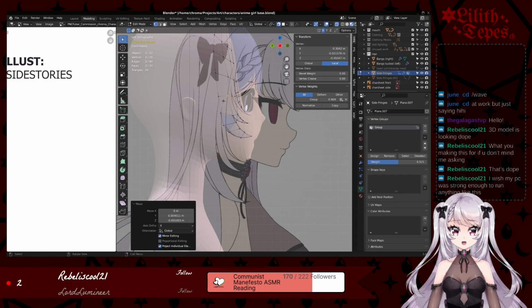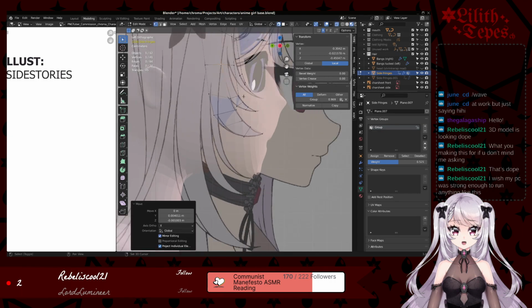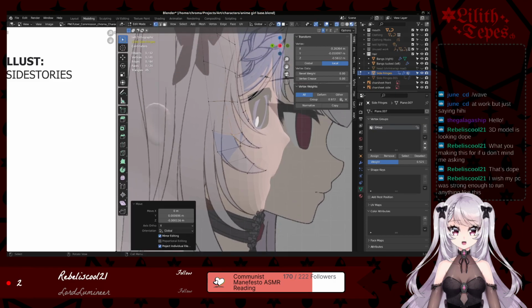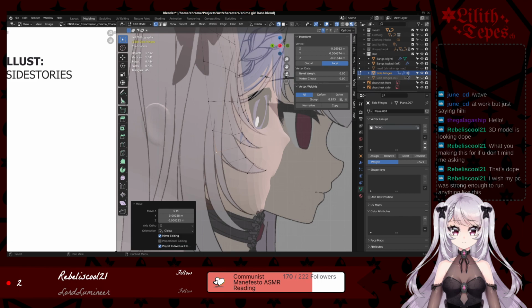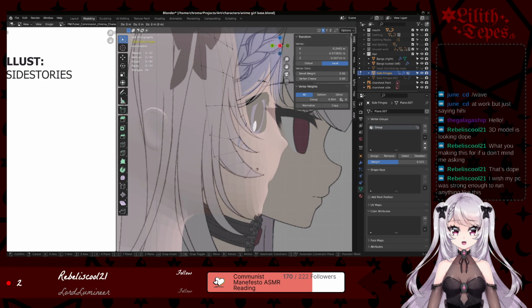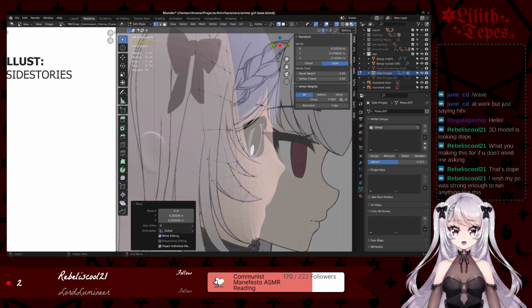I wish my PC was strong enough to run anything like this. Blender actually runs surprisingly well, unless you're planning on doing sculpting work, which can sometimes be a little intense. Polymodeling actually runs pretty